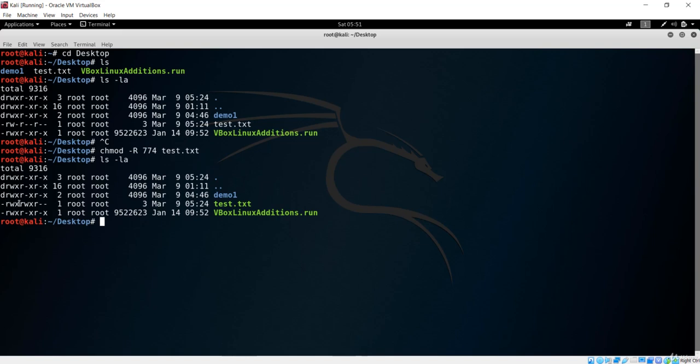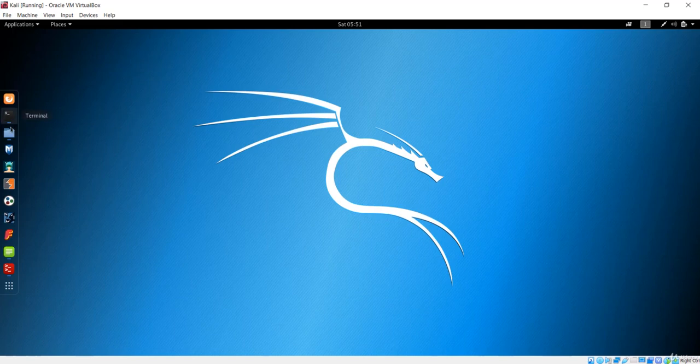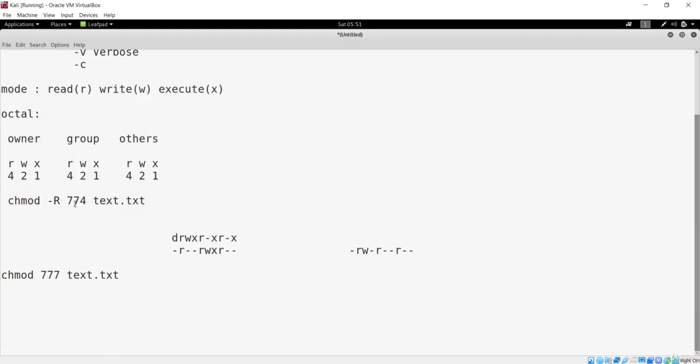It can also be read, write, execute by the file group, but it can only be read by other people, that is not the owner and the file group, which was basically assigned by this number, which is 774 over here. So first character is for the owner, second is for the group, and the third one is for the other people or other users that are going to access this file.